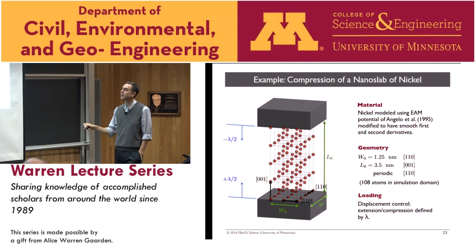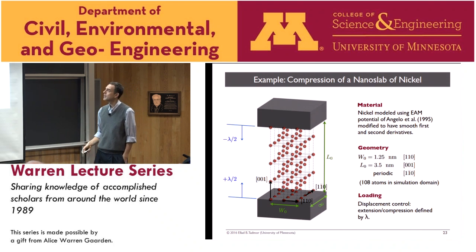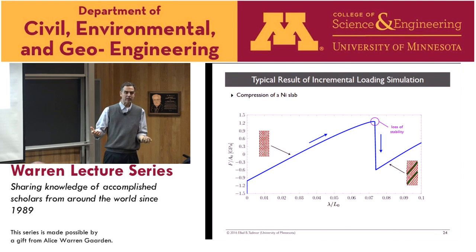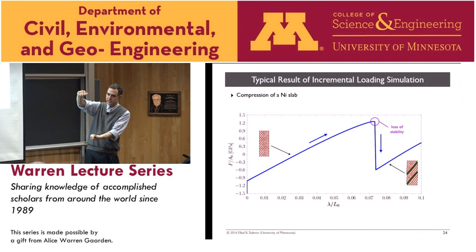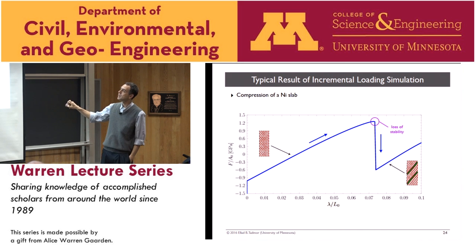So we took a little nano column here, and this is work with Subramaniam Padamana, my graduate student, and Ryan Elliott. We took a little nano column, and we compress it, and this is nickel. And then we want to understand the behavior of the system. So if you just do a naive atomistic calculation and you compress it, you get a curve that looks like this. This is stress versus strain. You go up a little bit in the beginning. Initially, there's no defects. It's just a perfect column.